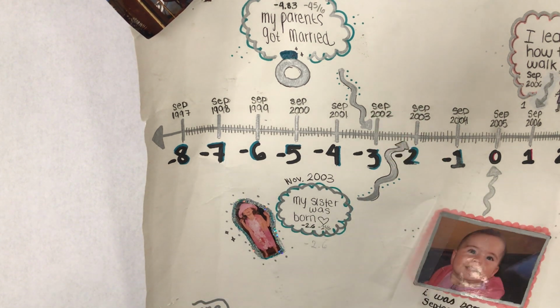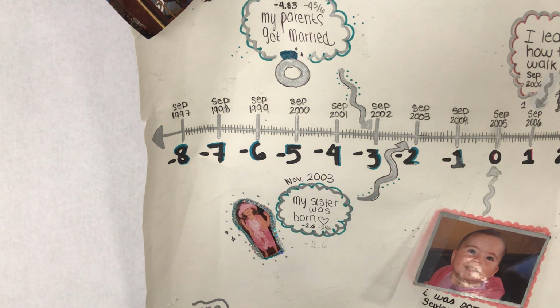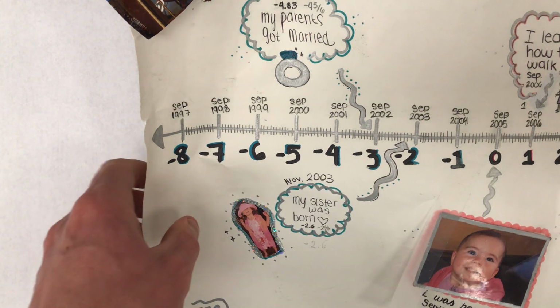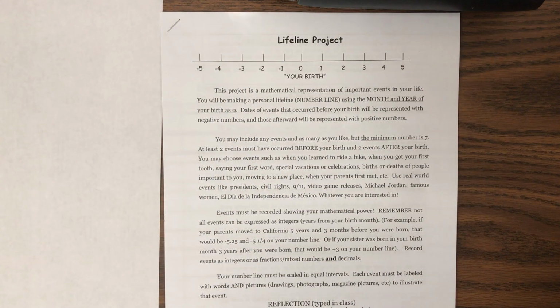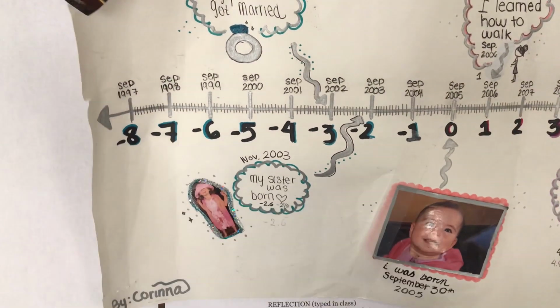But you know what? That's what happens most of the time when people do this project, is they mess up on the negative events. Calculating the number of years something happened after your birth, working in the positive side of the number line, is generally pretty easy for most people, but getting it right when we're working backwards through the months and backwards through the years and backwards on the number line and the negative side, that's where everybody has a really hard time. So before I get to trying to show you some of that math to see if we can get it right,